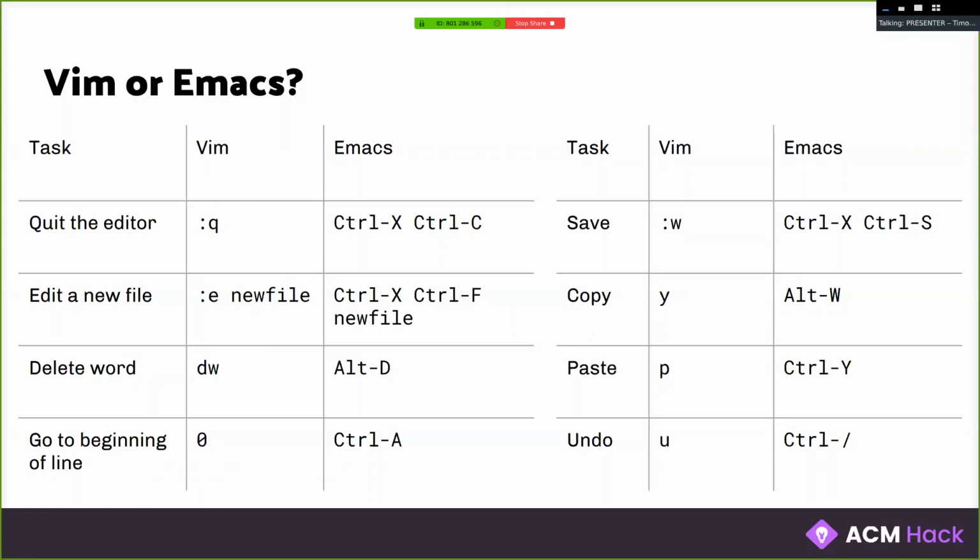Here we have a list of common tasks that you do in a text editor, and also how you do those tasks in Vim and Emacs. For example, to quit the editor, in Vim it's :Q, where Q stands for quit, but in Emacs it's Control-X, Control-C. What do those controls mean, or X and C? Well, I don't really know, and I don't think there is necessarily a meaning associated with these things. And you see this pattern